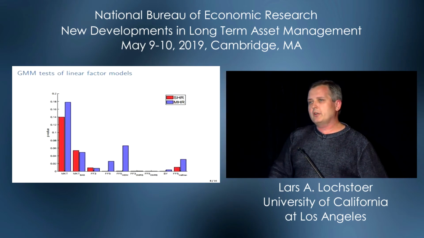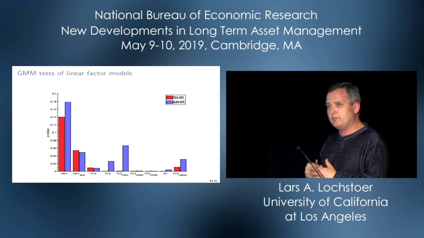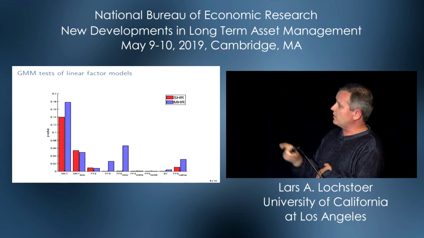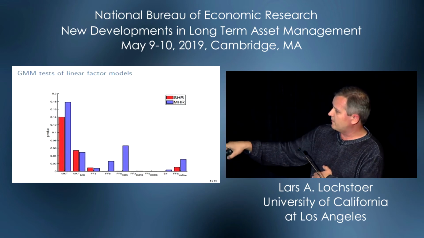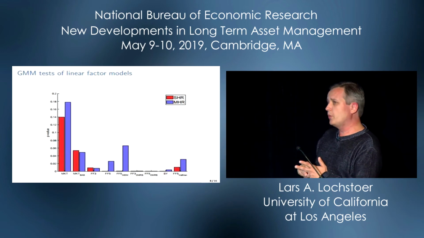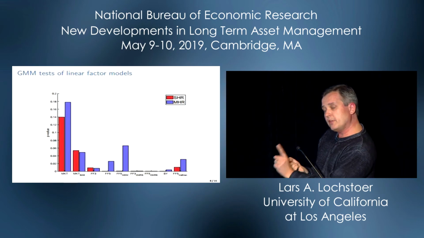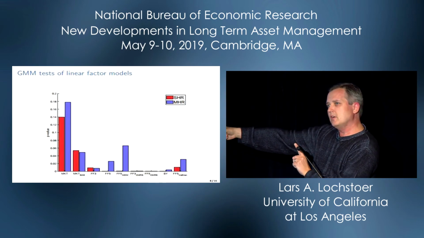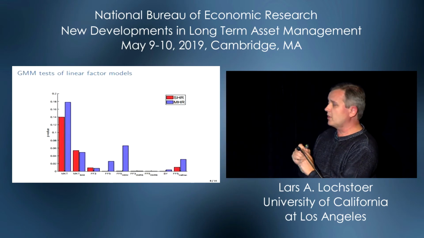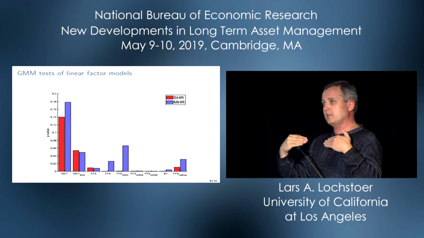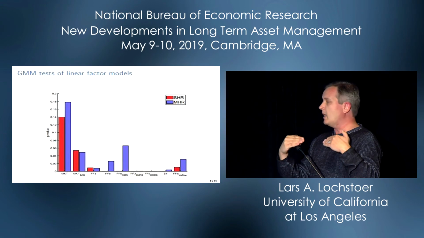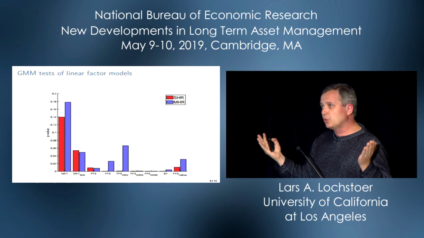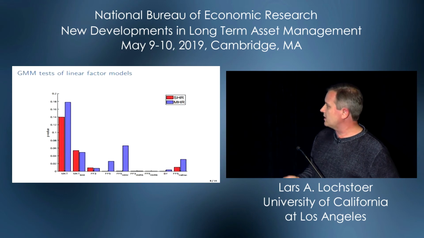So here's what we do, and I'm just going to show you the end result of our test. We're going to formally test this with this GMM approach, with bootstrapped standard errors, and we're going to do it in 2 ways. The red bars, for a bunch of different models, are p-values. We estimate on the 1-month horizon, and then we test on the other horizons formally. The other one, the blue bars, is where we estimate the constant parameters of the model on all horizons jointly, just to see if it could perhaps still price them.